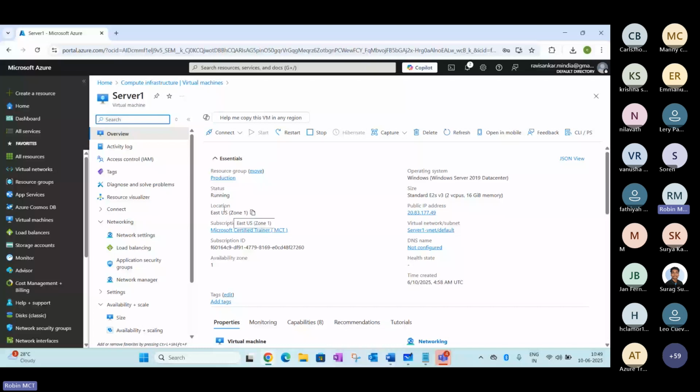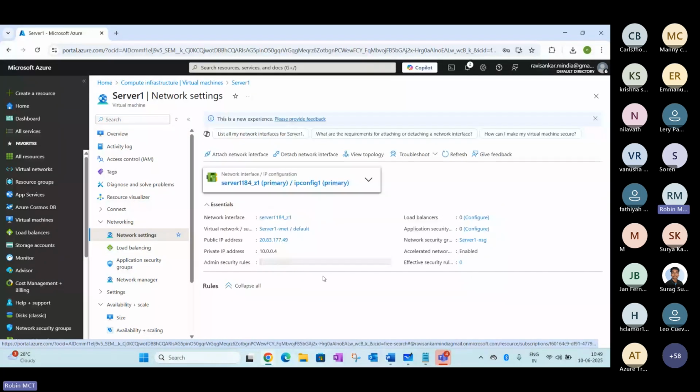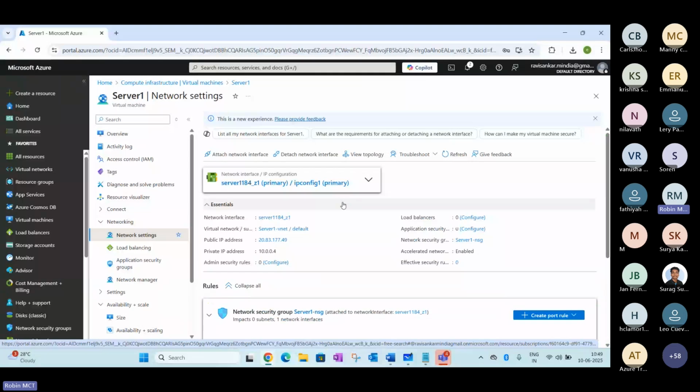How can you practically add an additional network interface card? If you select the server here, you may notice on the properties of the VM, in the middle of the screen, there is an option called Networking. If you select the network settings, on the right side you will be able to see all the network cards and whatever IP address is currently assigned here.